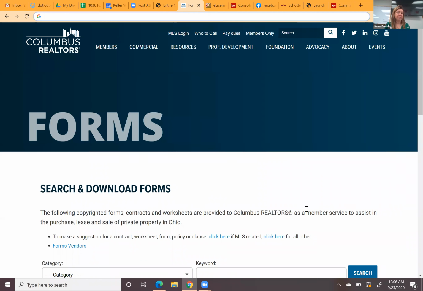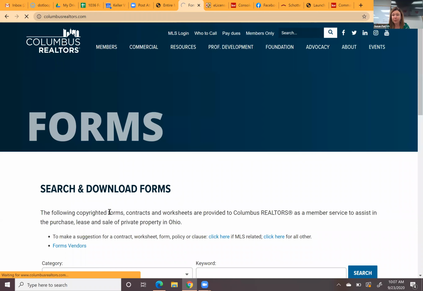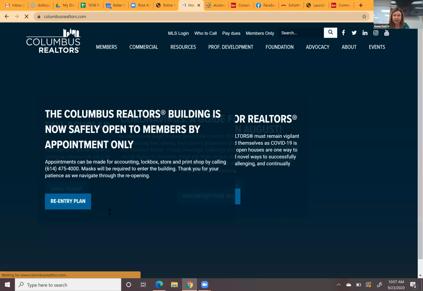Okay, so we are going to go over a contract, and the Columbus board has this lovely version. It's called an annotated version. So it's our board contract, and then it has in italics a description of every paragraph, like what goes into that paragraph, so that you can refer back to this at any time. And to find this, actually, Kristen is going to put it in .loop, but in the meantime,